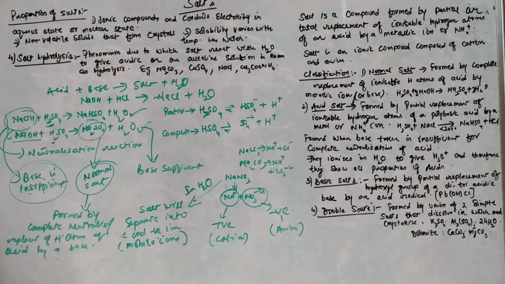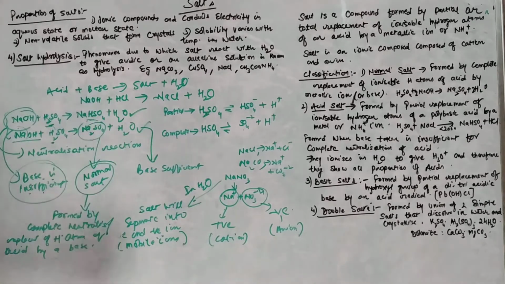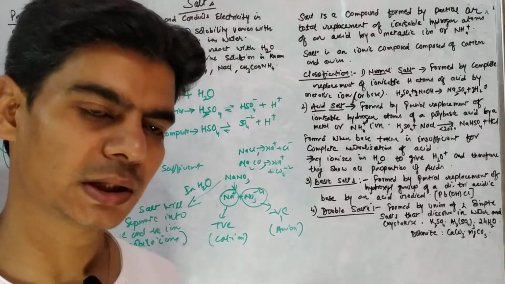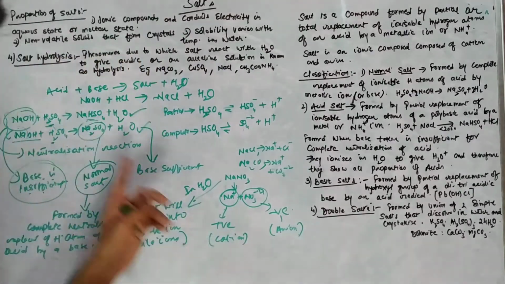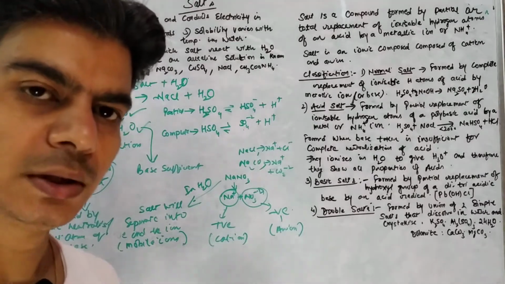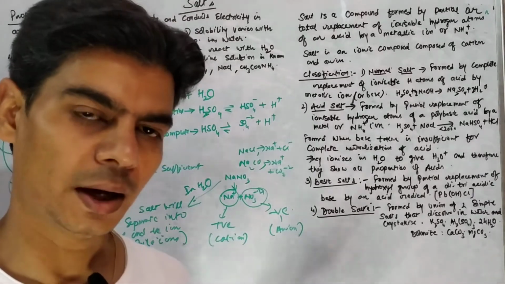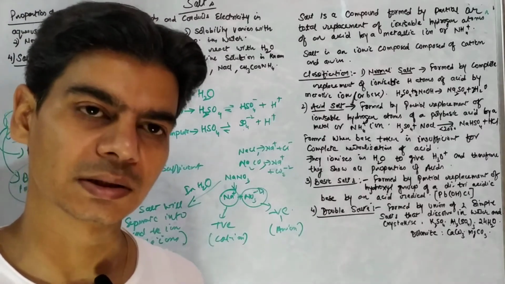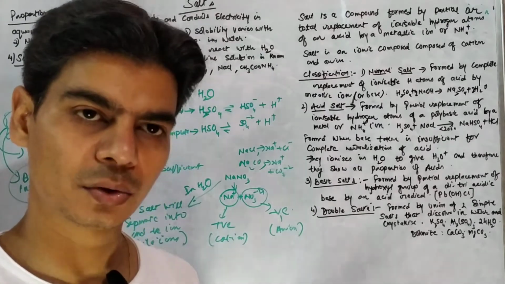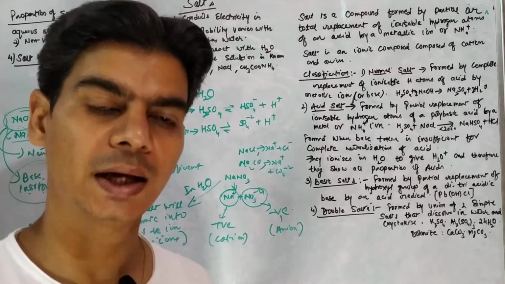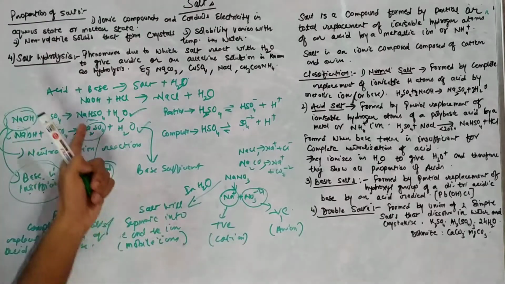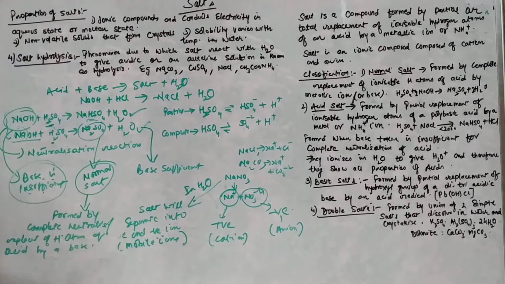Acid salts contain hydrogen atoms which are ionizable like acids. Like acids are ionized in water solution, similarly acid salts are also ionized to give hydrogen ions, or hydronium ions, in water solution, and so they behave similar to acids. That is why they are called acid salts. Since they furnish hydrogen ions in water solution, they behave like acids. They show all the properties of acids because of ionizable hydrogen atoms, so we call them acid salts.